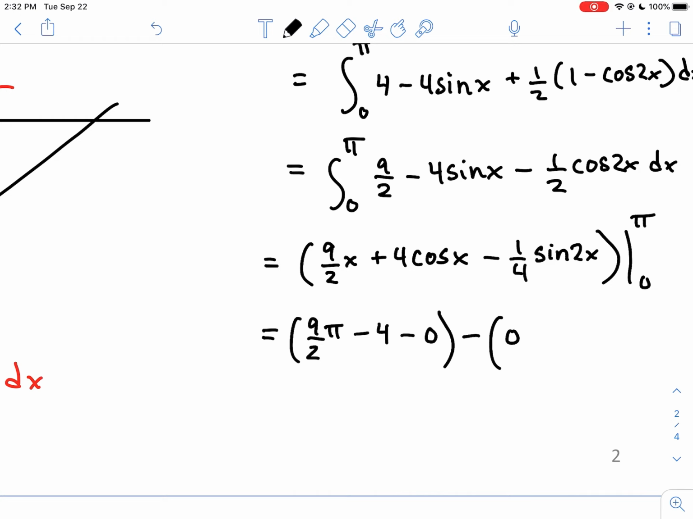We get 0 times 9 halves is 0, but cosine of 0 is 1, so there's going to be a plus 4 there. And sine of 0 is 0. And then when I distribute the negative, in the end, I'm getting 9 halves times pi minus 8. And this would be a cubic unit. Whatever these units were, if they were measured in feet, then this would be cubic feet. And then if you reach for a calculator and decimalize this, you get about